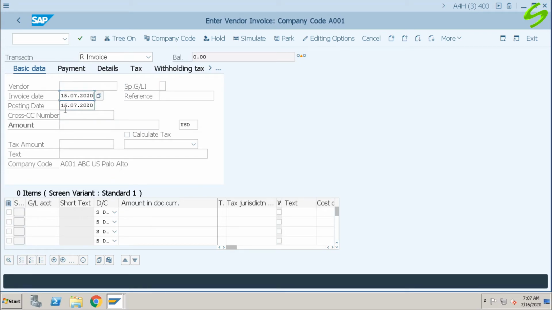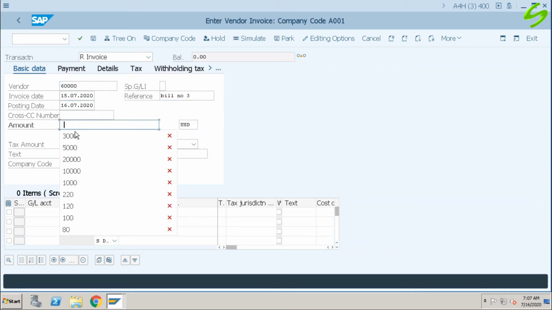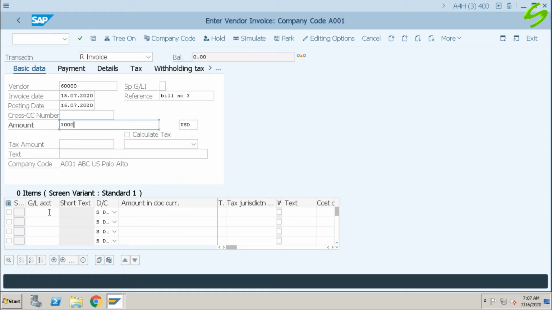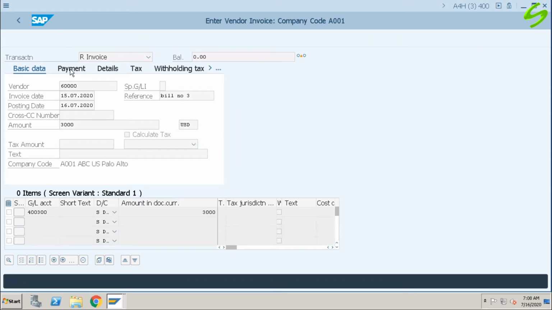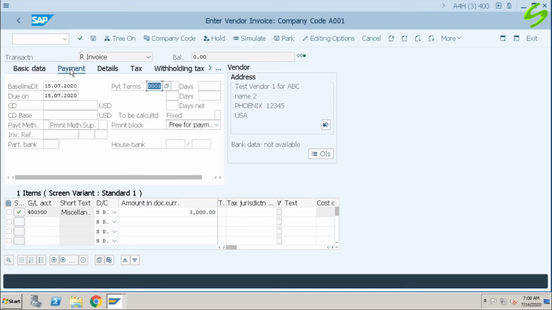I'll make it 16, posting date 16. Change the payment term. Earlier it was 31st of August.